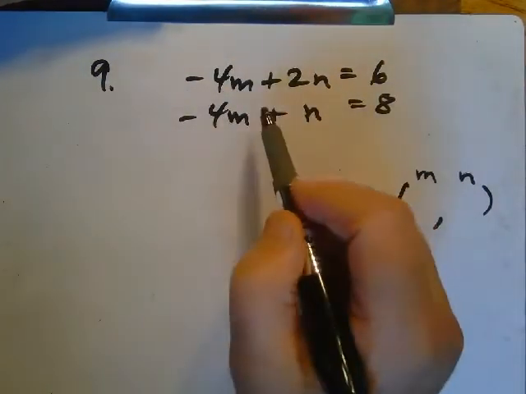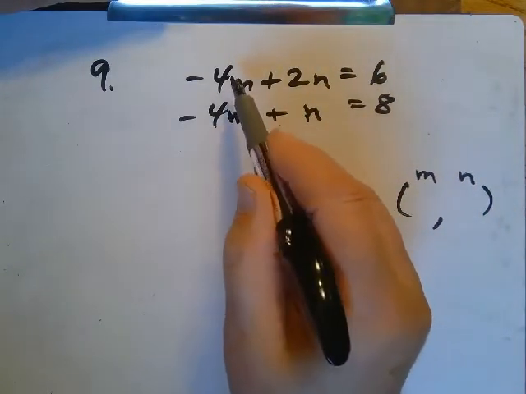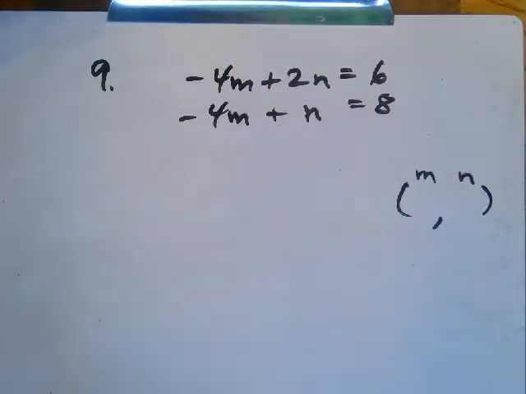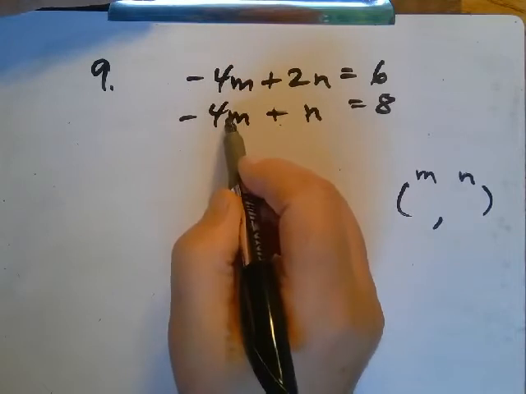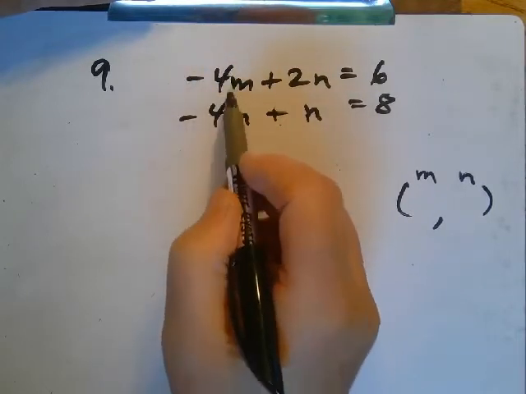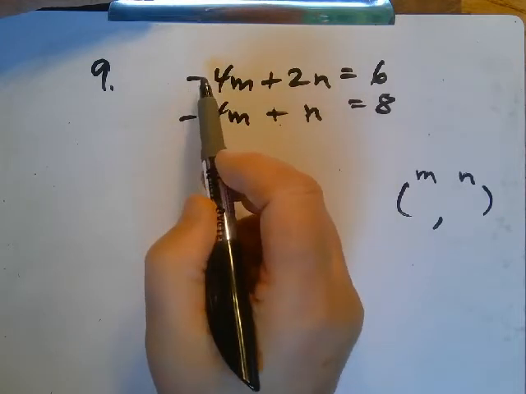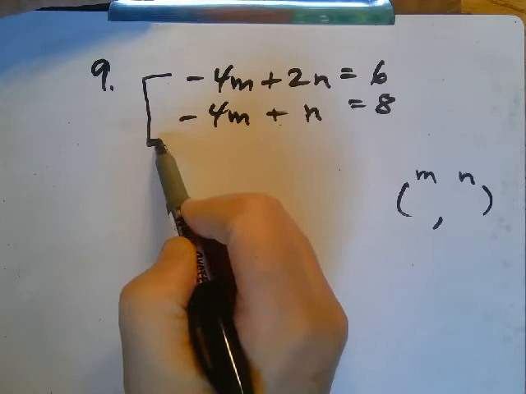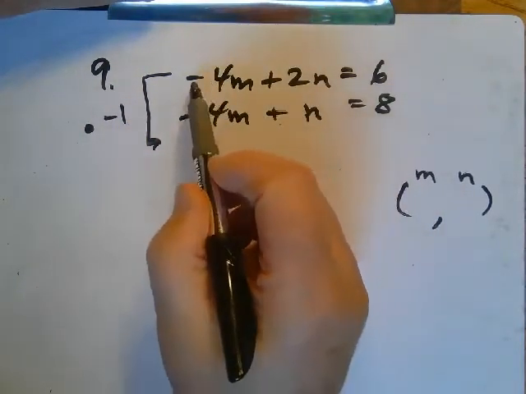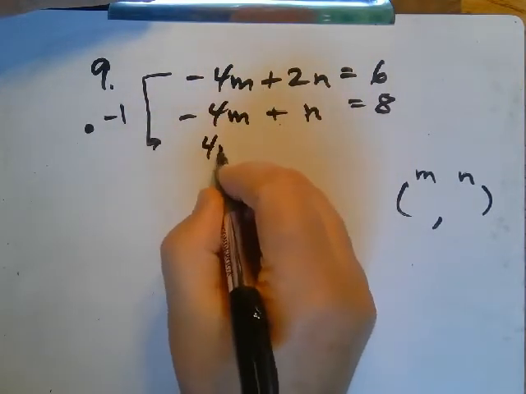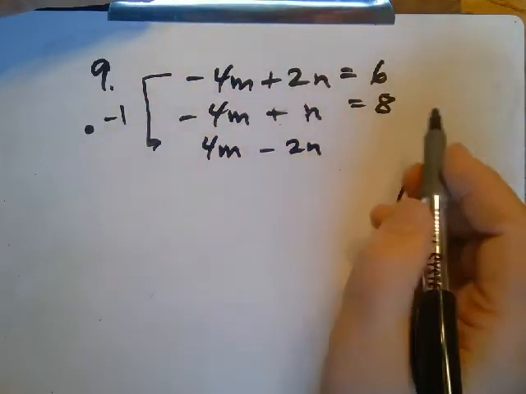Now, which variable is going to be the easiest to go out? Which variable do we have opposites or almost opposites? Well, it looks like M here, these are almost opposites. If I multiply one of these two equations by a negative, I'll get these to be opposites. I'm going to take the top one here only because I don't want to have to copy something over. And again, multiply it by a -1. -4m times a -1 is +4m. -1 times 2n is a -2n. And -1 times